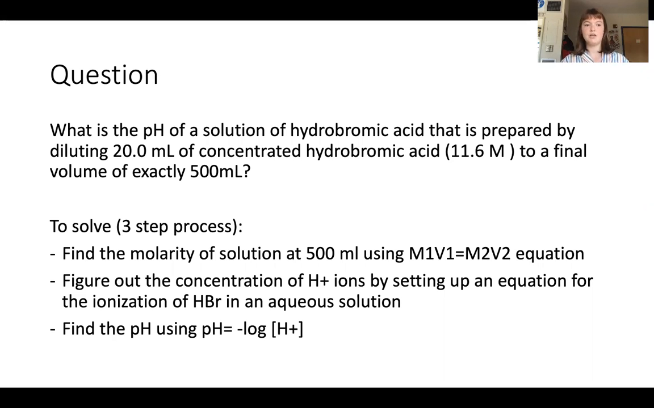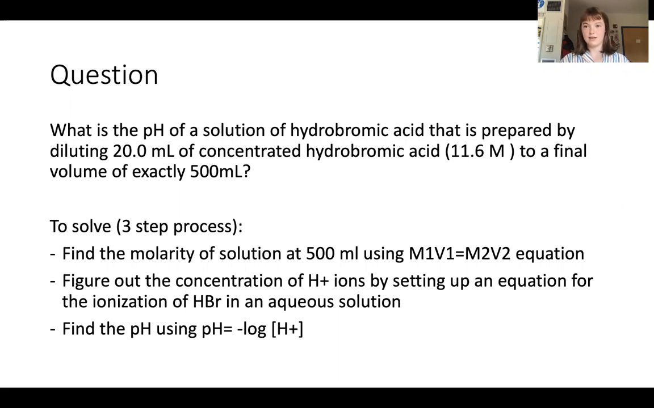To solve this question, we follow three steps. First, we find the molarity of the solution at 500 milliliters, the final volume, using the relationship M1 times V1 equals M2 times V2. Then we'll figure out the concentration of hydrogen plus ions in that solution by setting up an equation for the ionization of hydrobromic acid in an aqueous solution. And finally, we will find the pH using the definition of pH, which is the negative log of the concentration